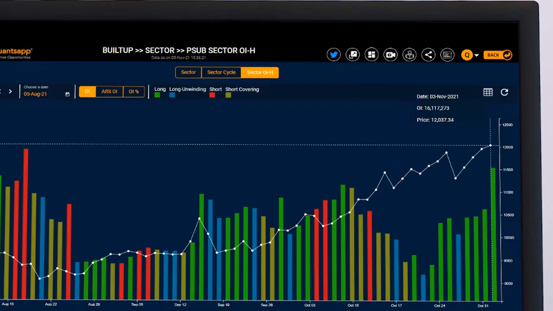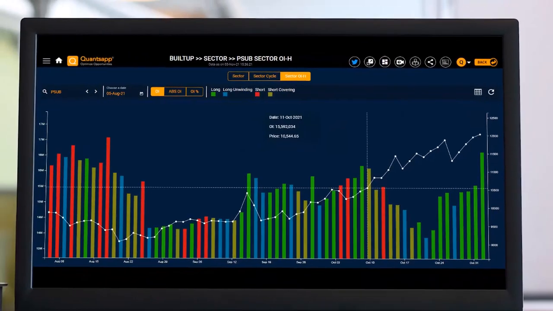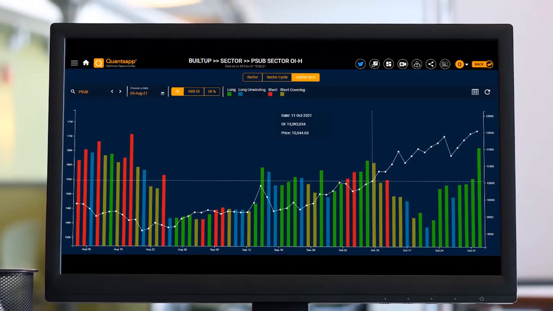So PSU banks, a sector as a whole, has a significant strength along with it. Whatever the shorts were, they got covered later on, and rest, all the things were either a long and the dips were only due to the long unwinding scenario. So this is how it will help us in identifying a sector which has a significant strength first. Once we identify a sector, our next job is simple. I will go ahead and analyze a stock from the PSU bank sector specifically. So let me just explain the graph below.